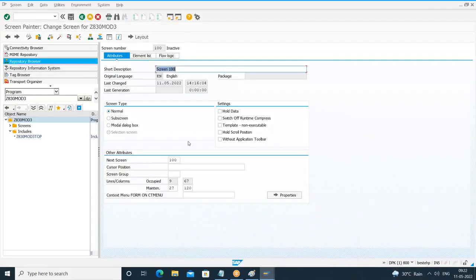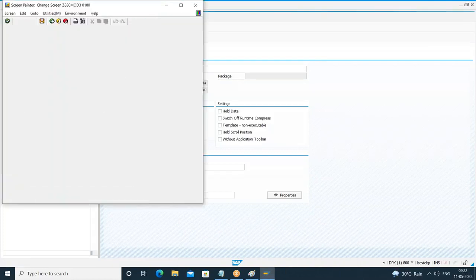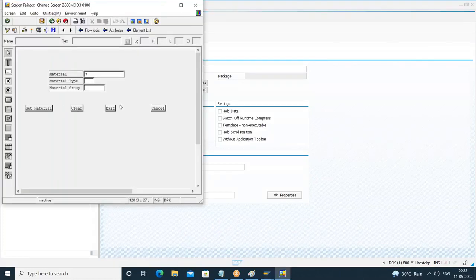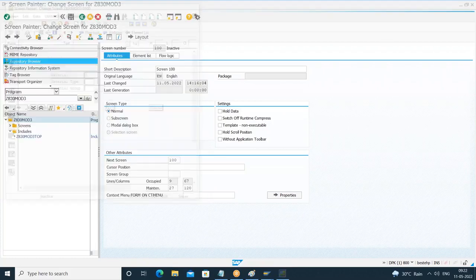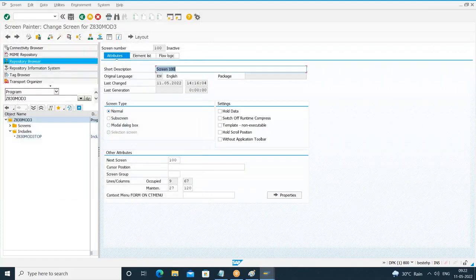Okay, let's see how to do it. Whenever I click on these buttons, what is the event triggered? PAI, no? So let me write the logic for get material, clear, and exit. First, let us write the logic for exit. Whenever I click on the button, what is the event triggered? PAI, no? So as part of flow logic,